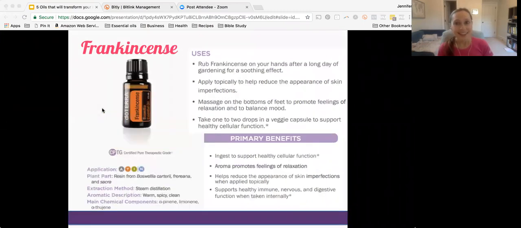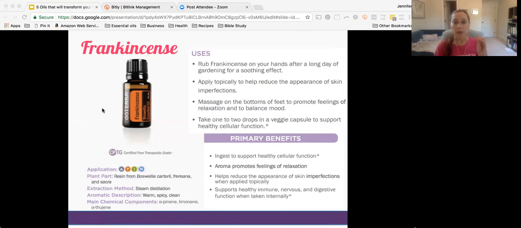All right, now I love all these oils, but frankincense is my favorite. It is amazing. And frankincense is considered the king of oils. So we often say, when in doubt, use frankincense, because it literally is going to help support the body in just about any type of situation. Frankincense is really known to support healthy cells, which makes it good for just about anything and everything. So it's going to help support healthy cellular function, healthy immune function.